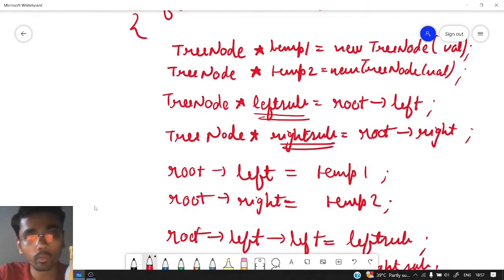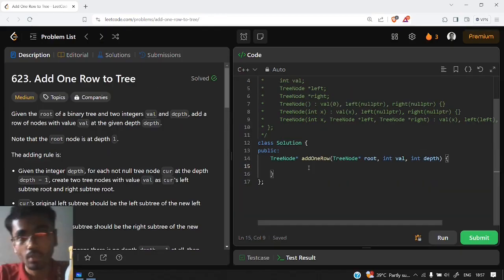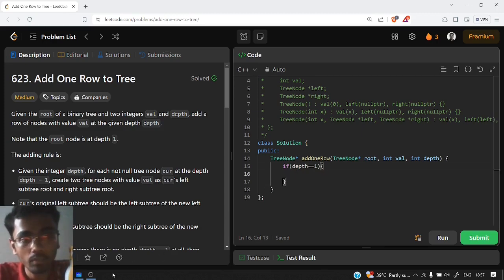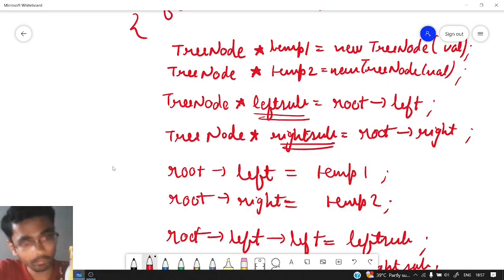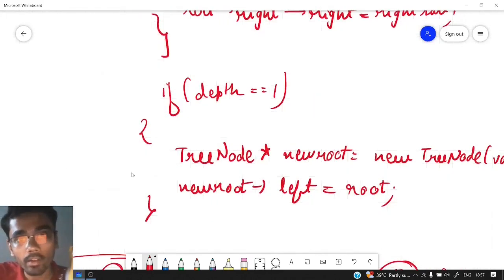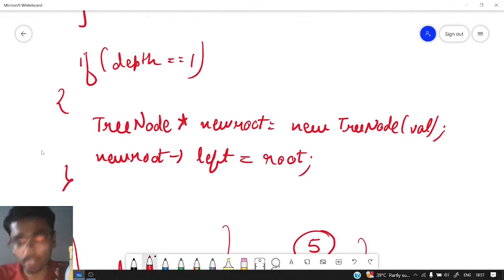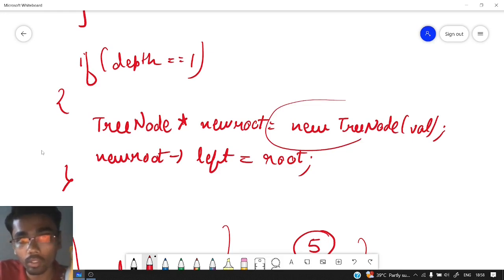So let us move to the code now. First we will write the base case, the edge case: if our depth is equal to 1. If our depth is equal to 1, we need to first create a new tree node with the value, and that new tree node's left will contain the actual root. So let us write this now.